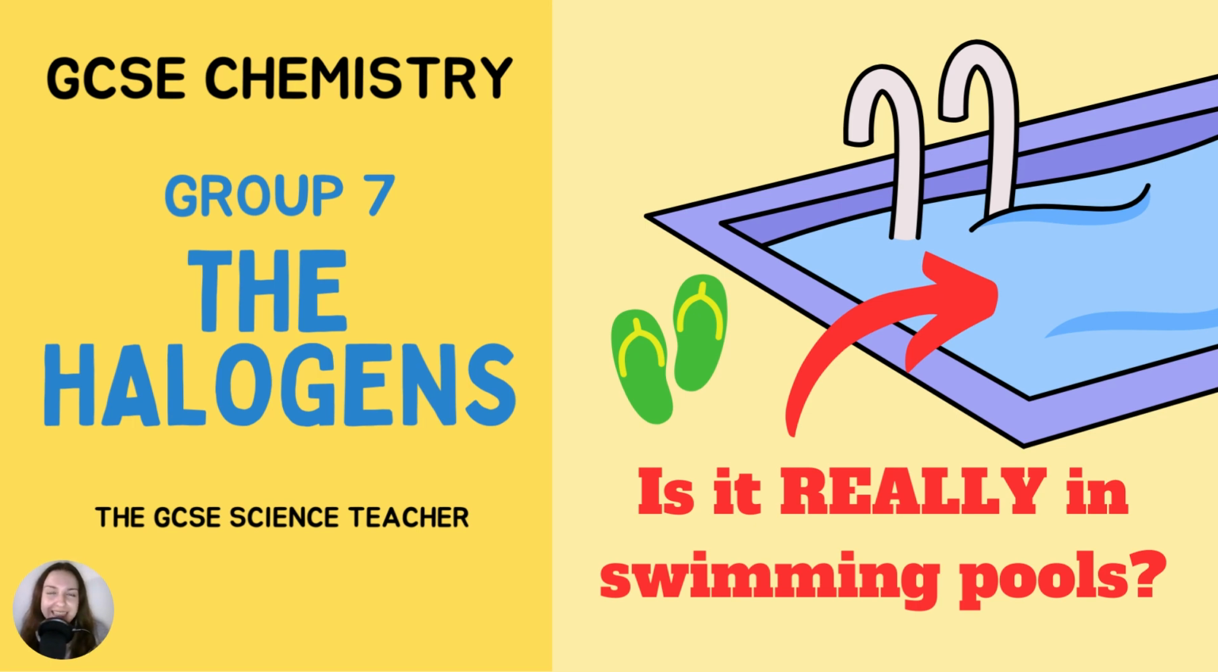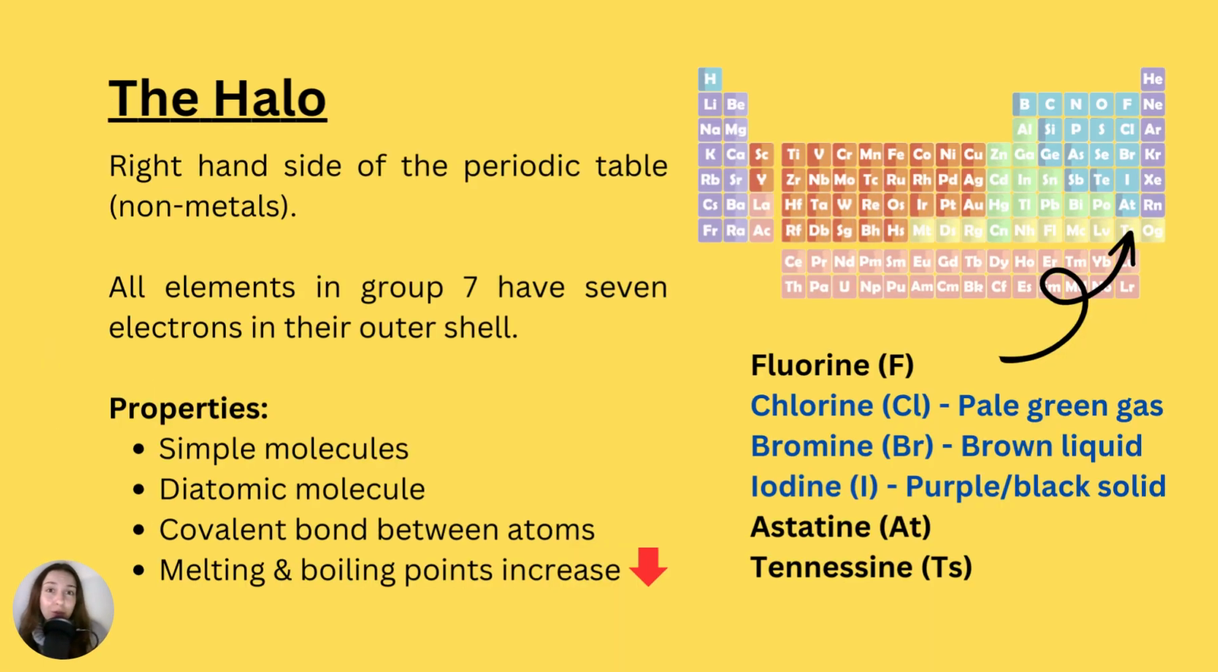The question of the day is: is it really in swimming pools? And the "it" we're talking about is chlorine. And the answer is yes, we do add chlorine to swimming pools, specifically because chlorine acts as an antiseptic to sterilize the water and prevent any microorganisms or pathogens that may cause disease from developing and causing harm to the human body. So, chlorine has a very useful, advantageous function for us, but